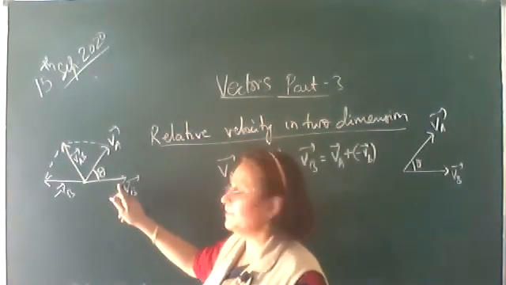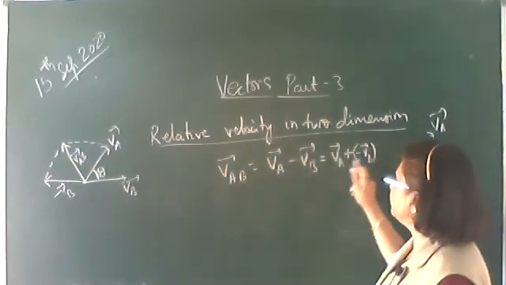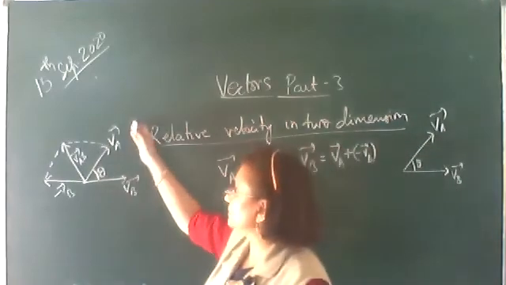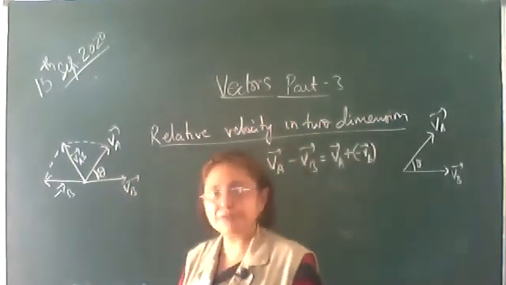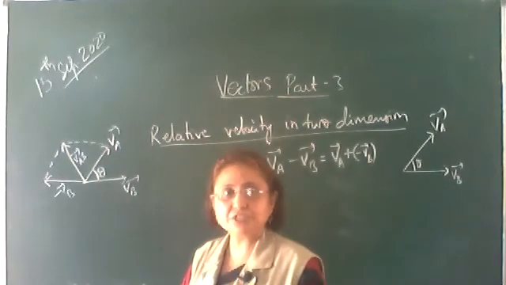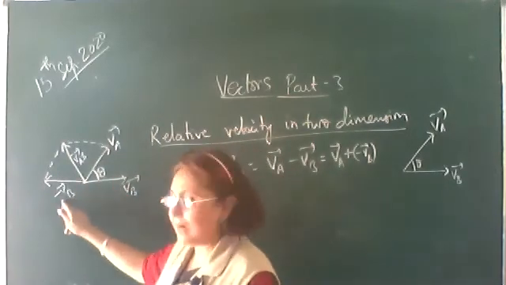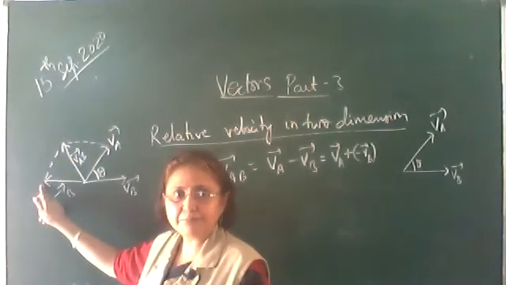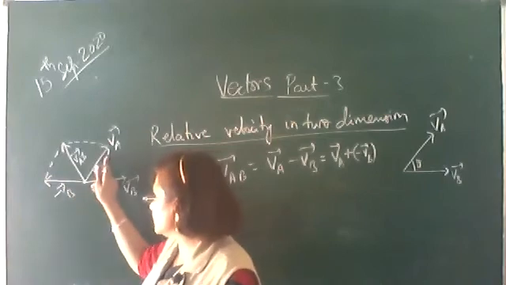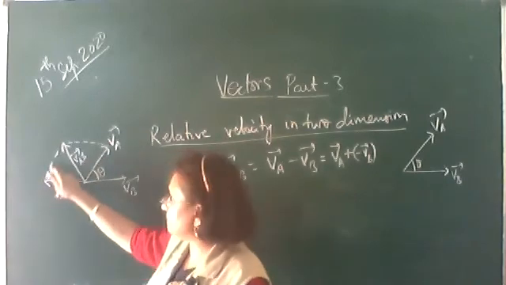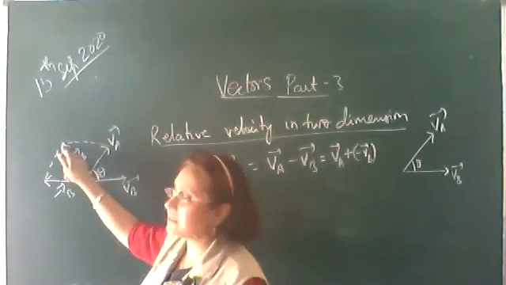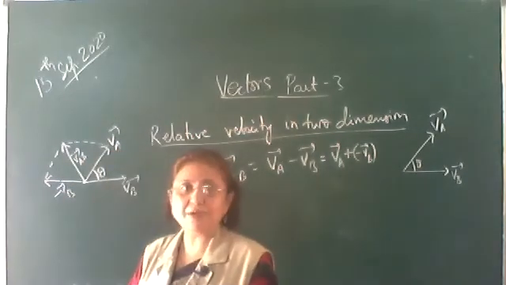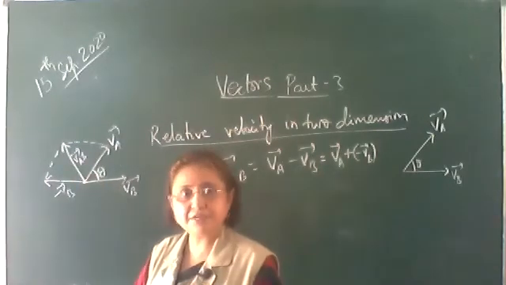Okay, VA vector, we have to add it to minus VB vector to get the relative velocity of A with respect to B. And we have assumed that let A is moving along this direction, B along, making an angle theta with each other. So first we find out minus VB vector, same magnitude, same length of the line, but opposite direction. Now this is one of the vector, this is the other vector. We complete the parallelogram, and this resultant we know is giving the VA vector added to minus VB vector, which is equal to VAB vector.